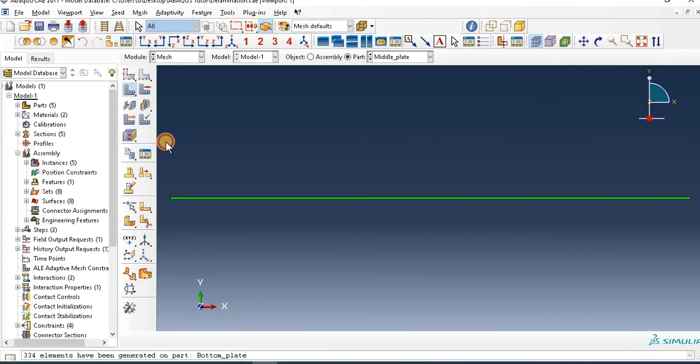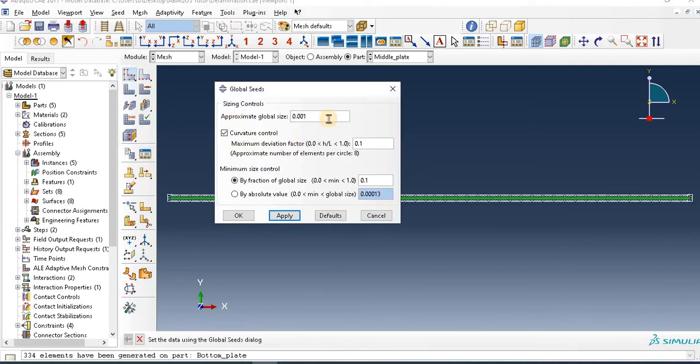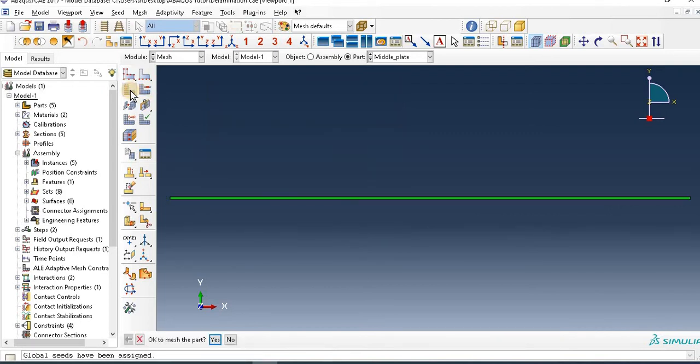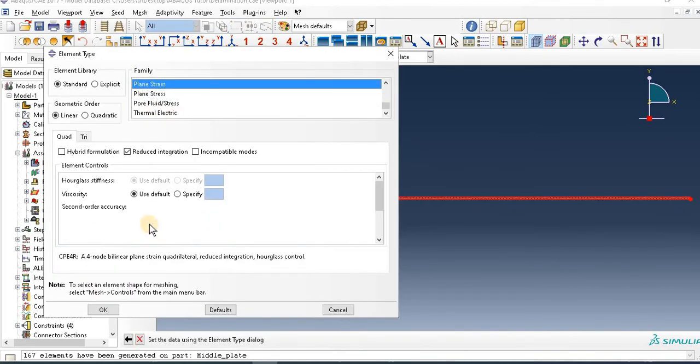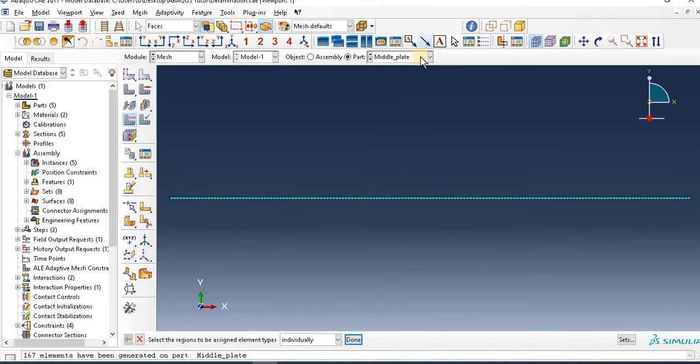For middle, do the same, element plane strain. Okay,